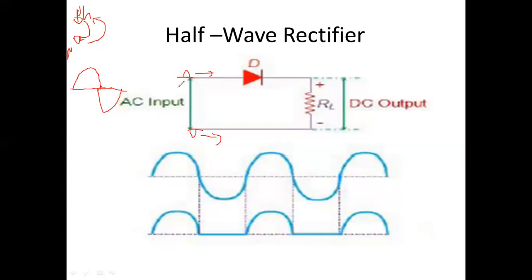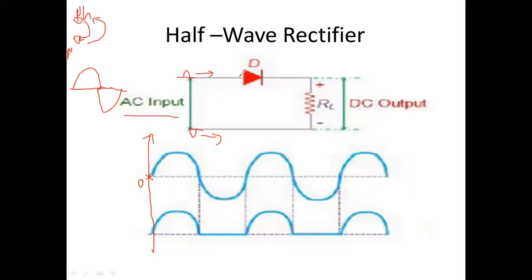Okay, so at the initial condition, what will happen? In the circuit diagram, the diode is in series with the load resistance, and both are connected across a single phase AC supply. This part is the AC input, we are going to call it here. It starts from 0. By giving the positive supply, the current will start from the phase to the diode, and it comes here.